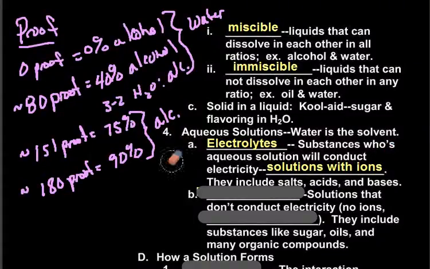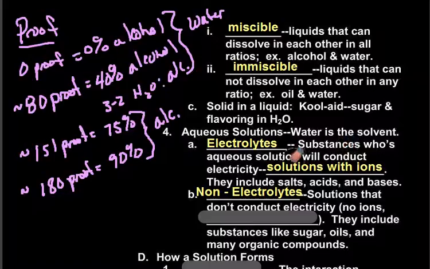They're charged particles that will go back and forth, and they will actually conduct electricity. So the ions themselves will travel through the liquid and create an electric current when they are charged. And those include salts, acids, and bases. This is one of the reasons why you drink Gatorade, because they have these salts, acids, and bases dissolved in the Gatorade in order to replenish your electrolytes that you lose when you sweat.